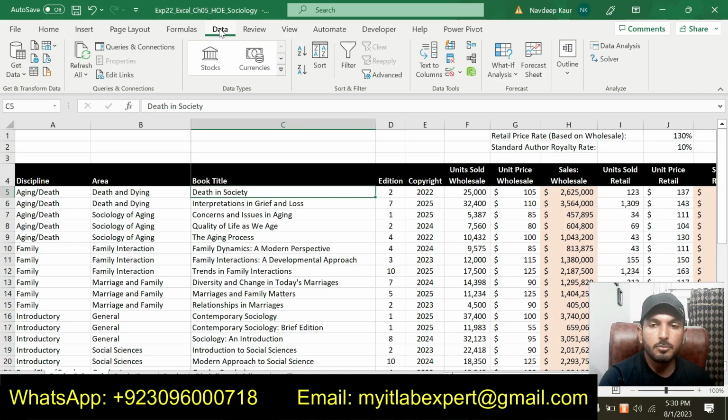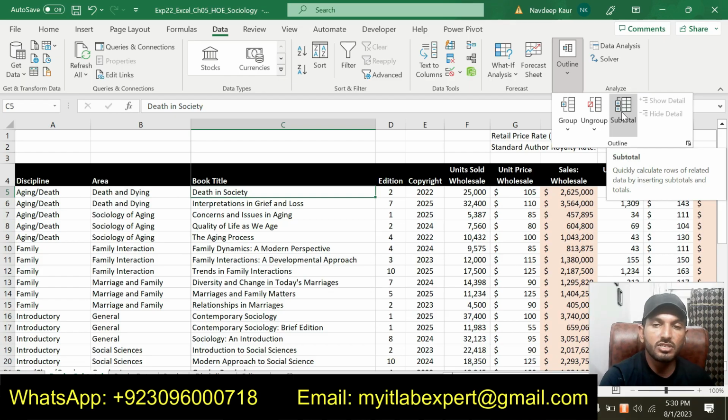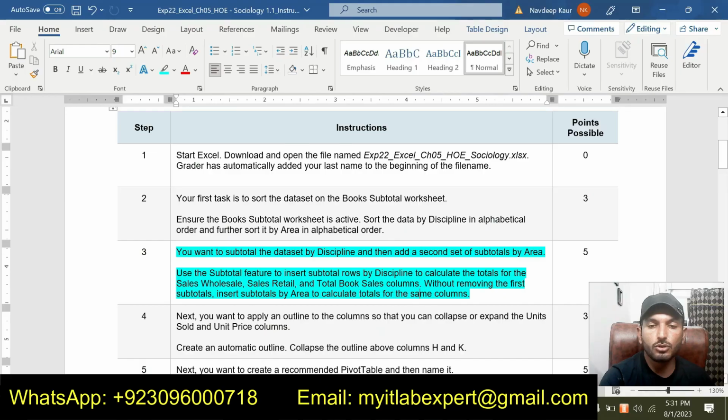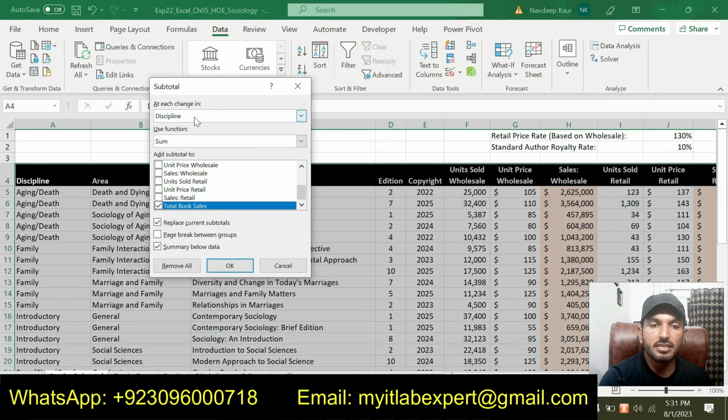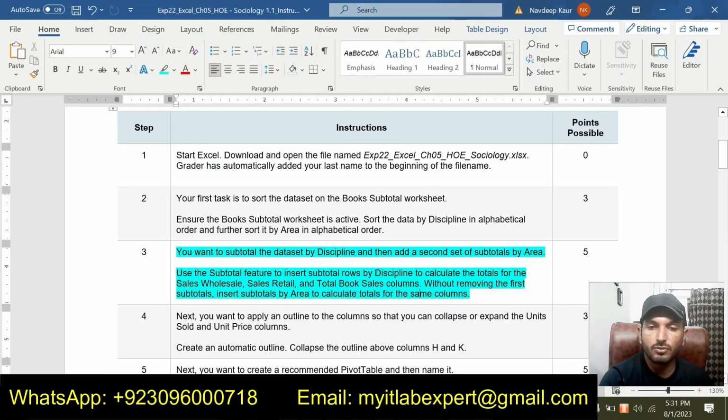In the Data tab, go to the Outline. When you click on this arrow, you can see here is the Subtotal. So we are supposed to use this feature, just click on it. So first subtotal should be by discipline. So I will select discipline from here and use the function. Which function we will use?